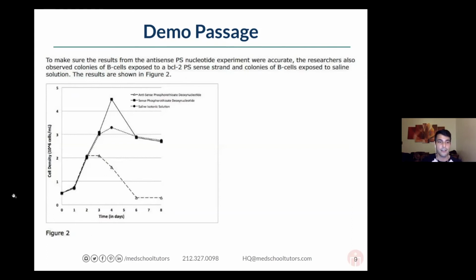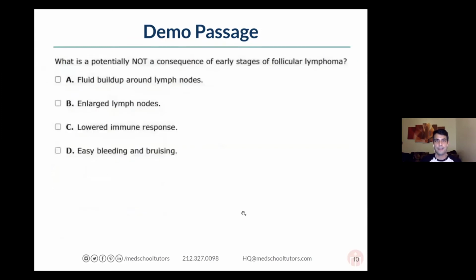And yikes, okay, so this is a Khan Academy passage. It doesn't have a figure title, which all the MCAT passages will have. If this had a figure title, I would just read the figure title and move on, right? And the title would just be the effect of antisense nucleotides on B cell density over time. That's it. And I'd know that this is where I would go to look at that relationship. Okay, so moving forward, we just did a quick read through of that passage. I didn't actually make those pathways yet, but I'll show you how useful they are.